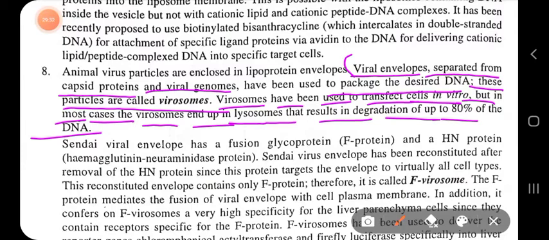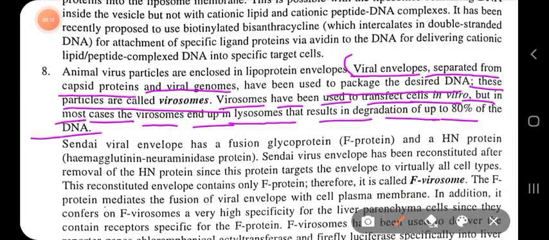So natural lipoprotein envelopes, you can say. Within those viral envelopes, we can introduce our DNA and allow the viral envelopes to be transfected into the cells. But the main problem is that viral envelopes are recognized by your cell as a foreign body, so they quickly undergo phagocytosis, where they interact with the lysosome inside the cell, which tries to degrade the DNA, the content inside the cell, because the cell is behaving as if it were facing an animal virus, right?